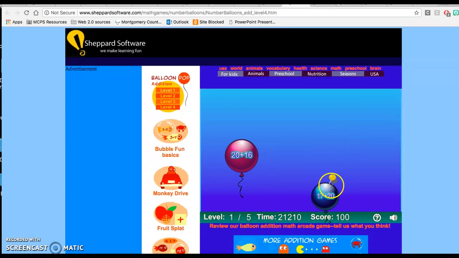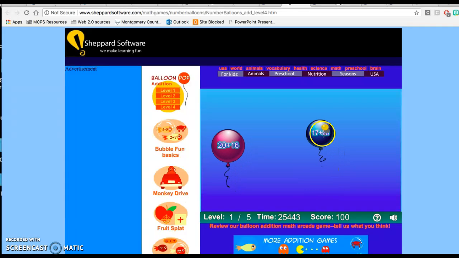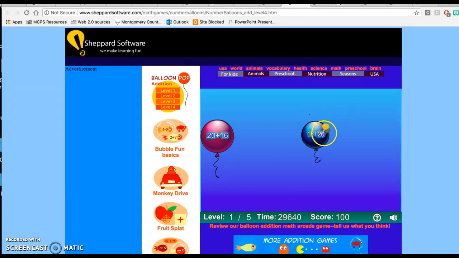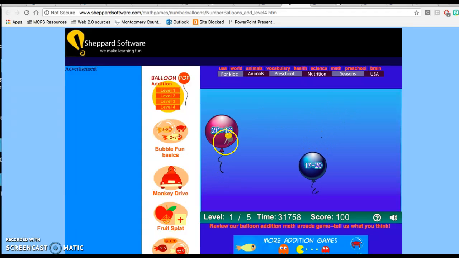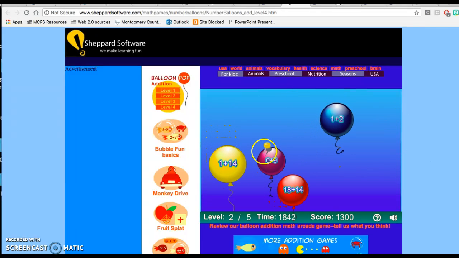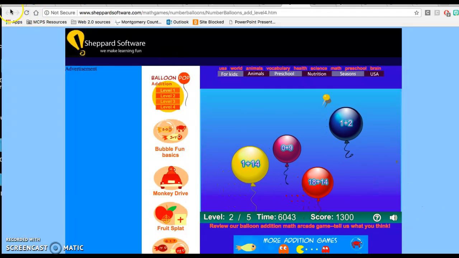20 plus 17. I'm sorry, 17 plus 20. That looks smaller. And the balloon is smaller, but it's 20 plus 17. But this one says 16 plus 20. 16 is 1 less than 17, so I think this one's the smallest one. It was! Ding, ding, ding. And that's my example. And then you have more to go. Alright,